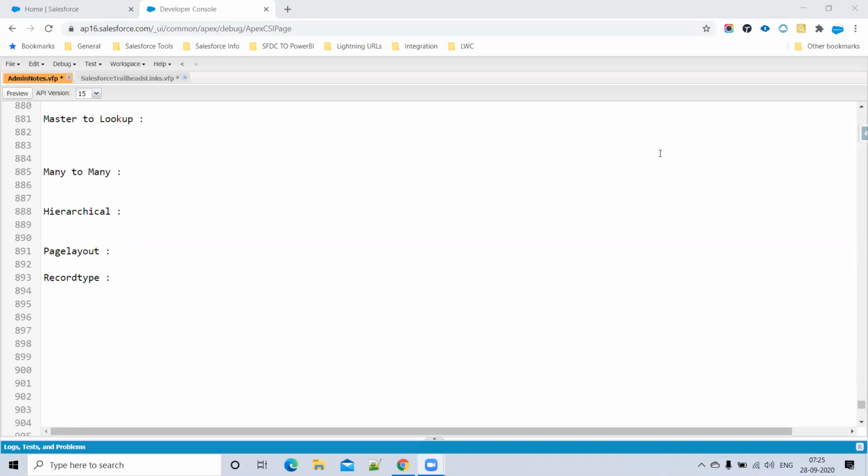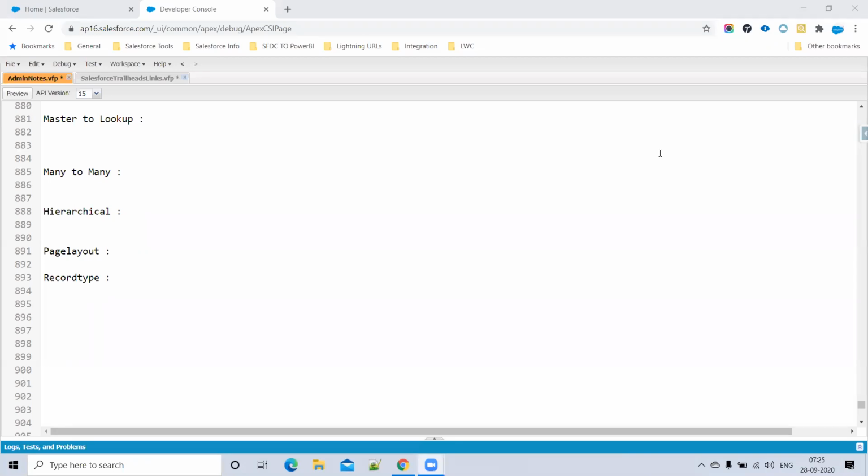For a standard user, I can add a customer account. For another profile, I can add something different, like a current account. By default, admin can see the saving account layout, and the standard profile can see another page layout. So in a single record type you can assign multiple page layouts based on your profile.